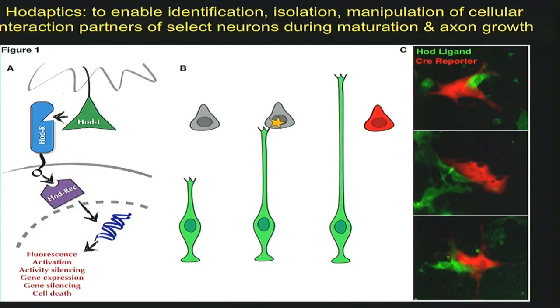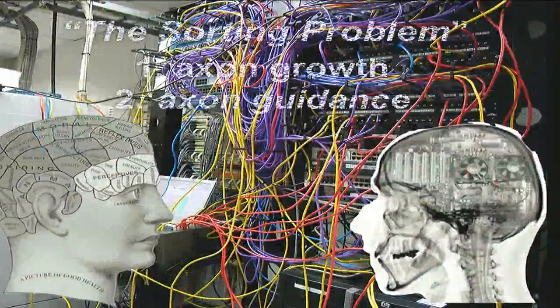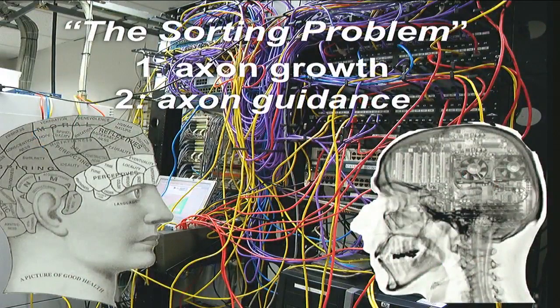And we're interested in doing that not to just see where these guys are, but then potentially to sort them, ask who are the partners of these growing, maturing neurons. So now I'm going to take 3 extra minutes to get to this last part and go through quite quickly, because this still says I have 3 minutes, so I'm going to just go with my